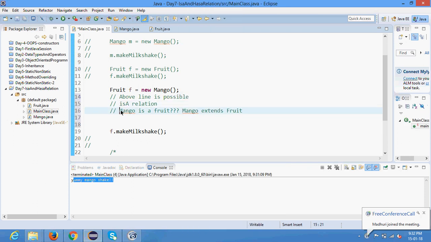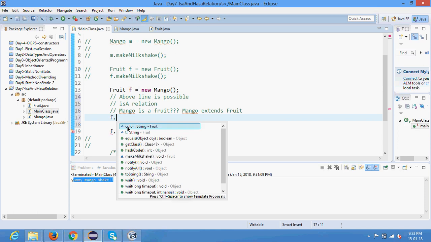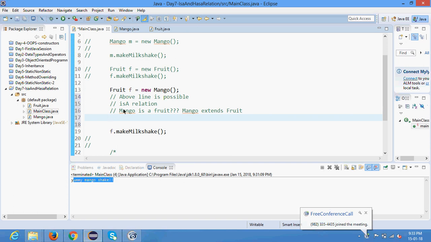If I say mango is a fruit, then I can call all the methods which are there on that fruit. So let's say f dot, can you see that test is automatically coming, and this is actually coming from Fruit. You can see that because I'm referring to this variable as a Fruit. But let's say I have some extra method in my Mango class,